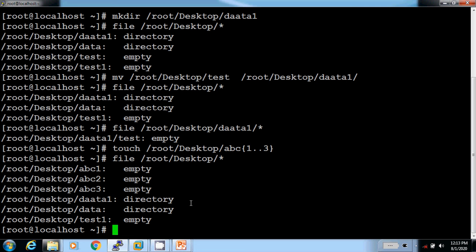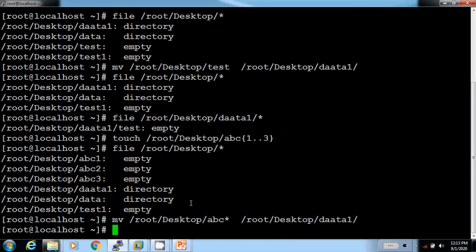Then I want to move these abc files, and the destination is root desktop data1.